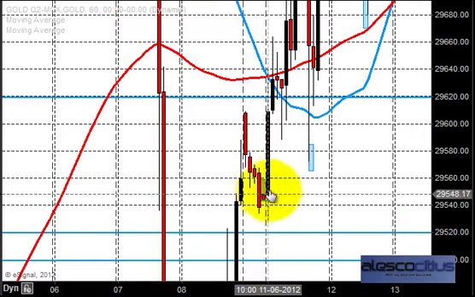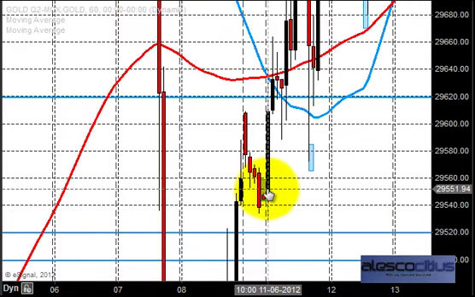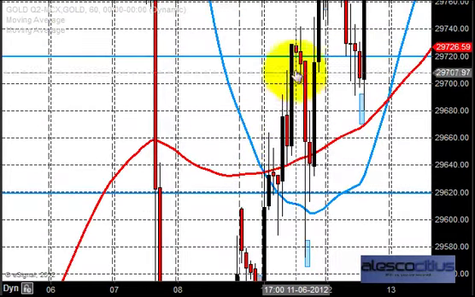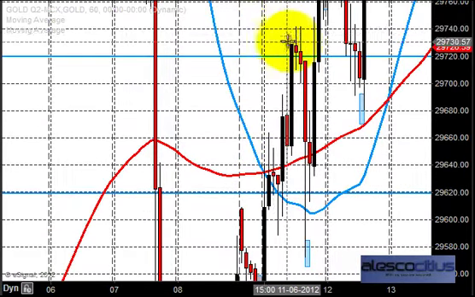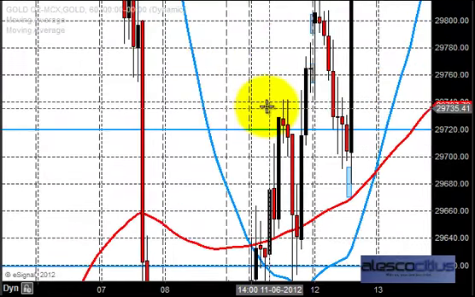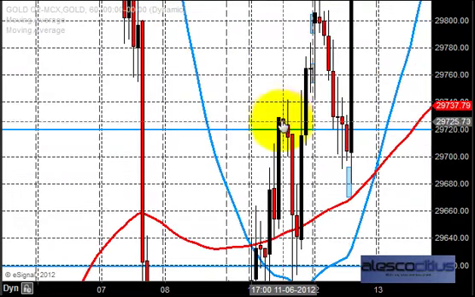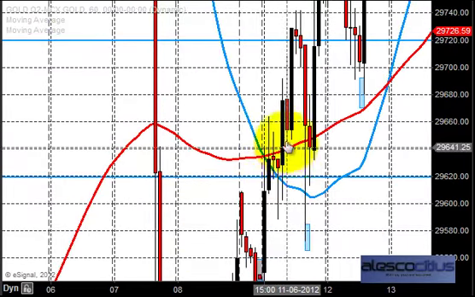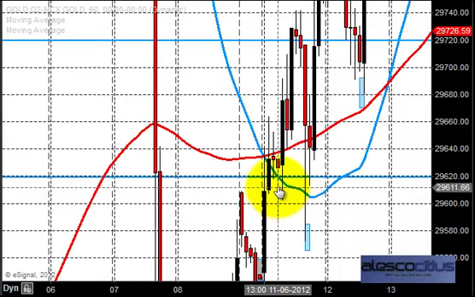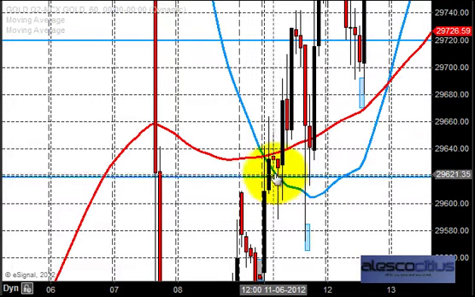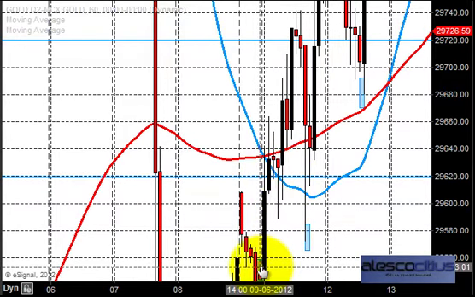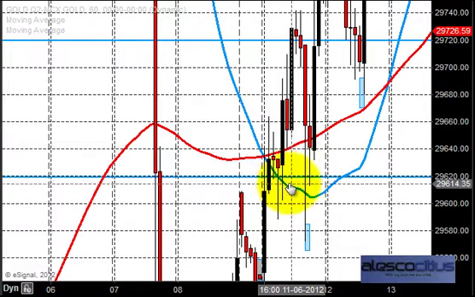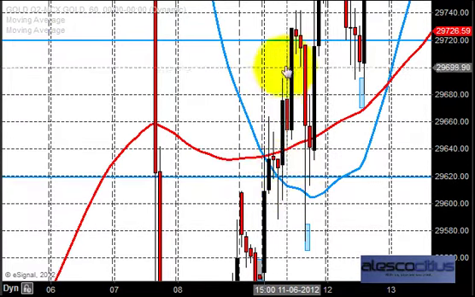After the price opening on Monday around 29,545, the market just went up and created a new high, going up till 29,740. It was a very good straight gain, but before that the market took some support around 29,620. After the price opening, the market bounced back, took support around 29,620, and went up till